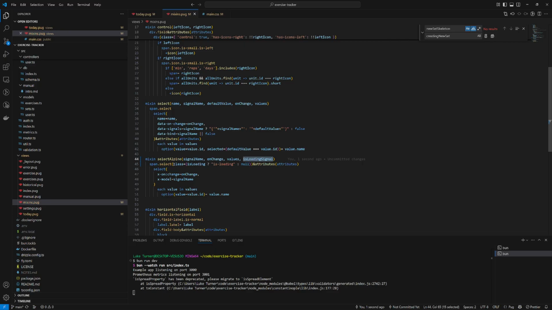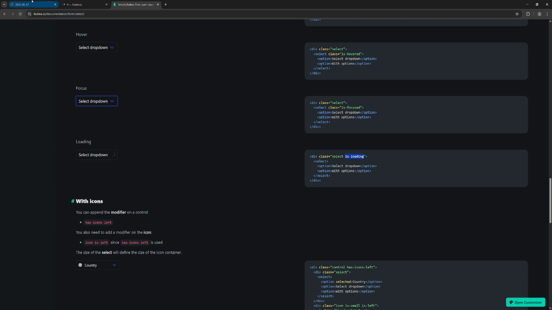And this is going to need to use x-class or x-bind class. Like this. These can use single quotes in there. Okay, so now